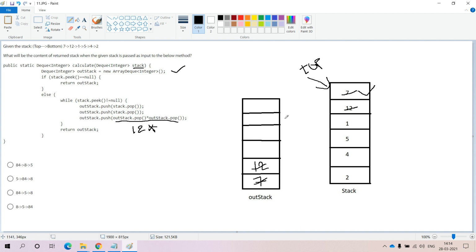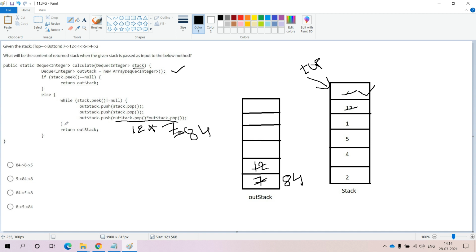The popping element is 7. 12 sevens, the answer that we are going to get is 84. That is available in the output stack.